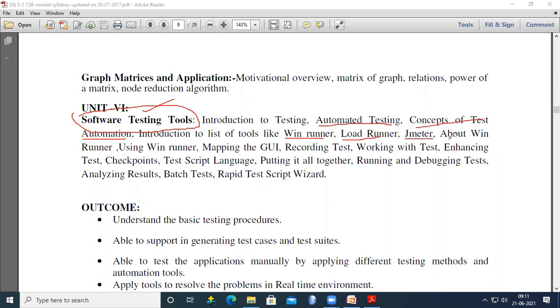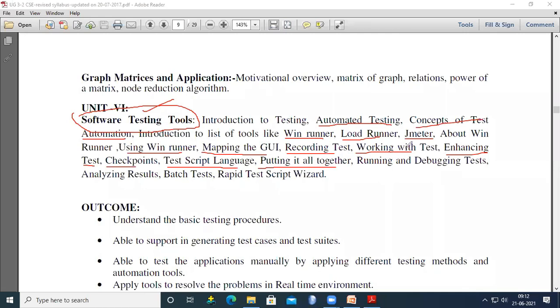And we are going to discuss WinRunner, how to use WinRunner: mapping the GUI, recording tests, working with tests, enhancing tests, checkpoints, test script language.